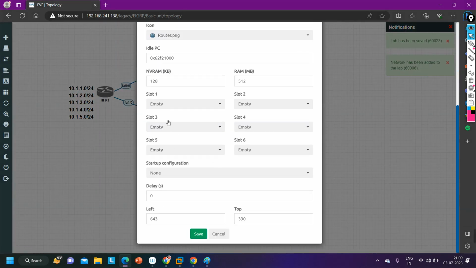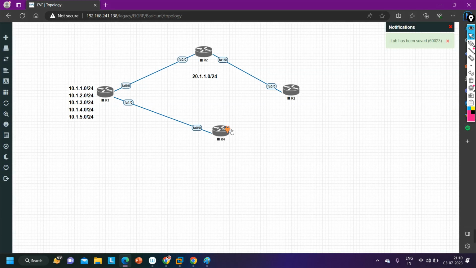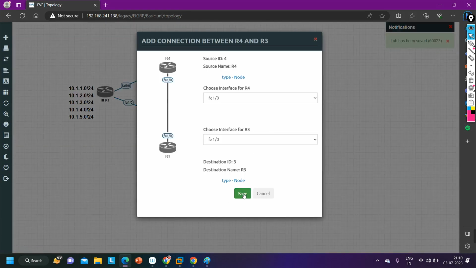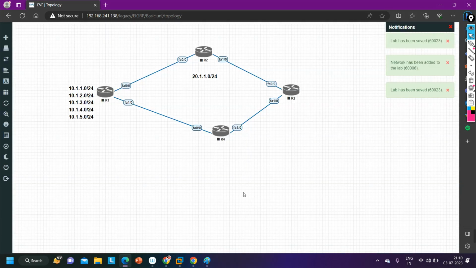Sir, one question. Say, for example, in R1, you have said these 5 loopback networks, correct? 10.1.1, 10.1.2, 10.1.3. Now say, for example, R1 only has 10.1.1, 10.1.2, 10.1.4, and 10.1.5, okay?